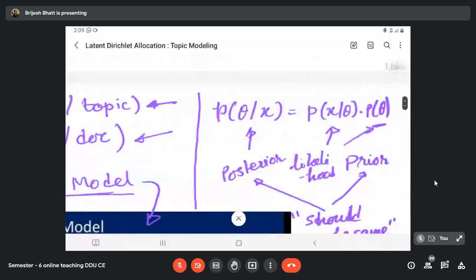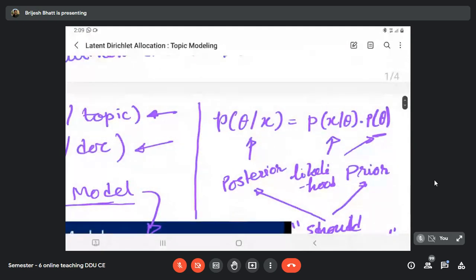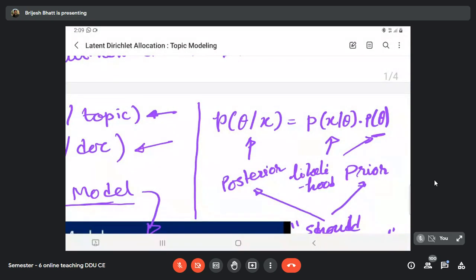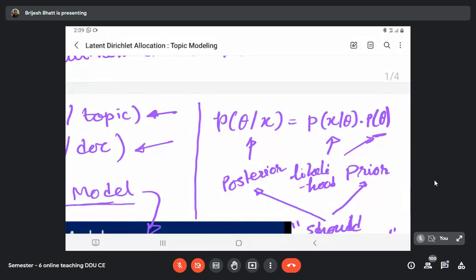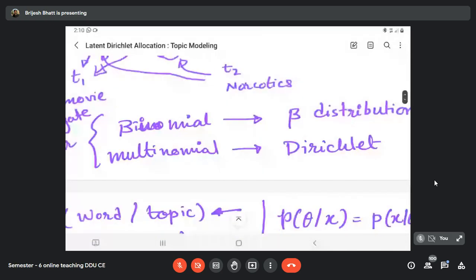Now let's come to this Dirichlet thing. I said that when you multiply prior theta with the likelihood x given theta, the resultant distribution is theta given x. And as we had seen in the Naive-Bayes classifier, while learning, we calculate the likelihoods and we iterate over that. So while you are iterating over this to estimate the parameters, the distribution of prior and posterior has to be the same. Whatever distribution the prior has, the same distribution should be of posterior. So that's why I introduced this distribution.